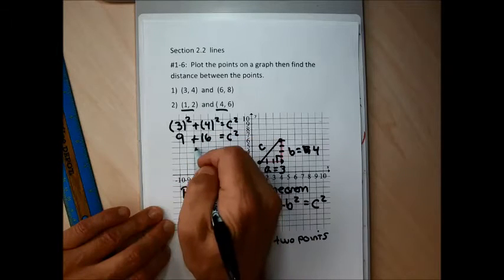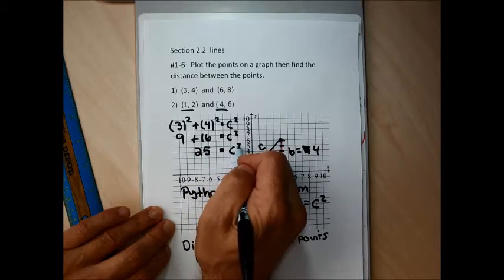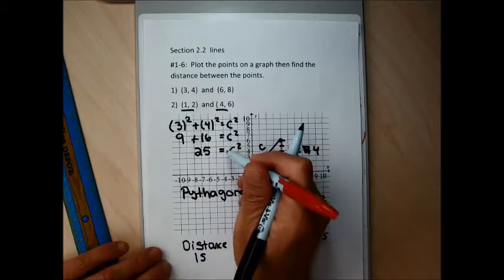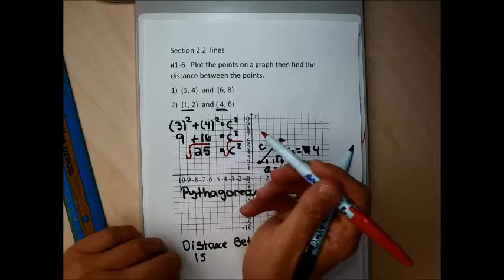So the left-hand side reduces to 25. The right-hand side is c squared. Usually when I have a squared in a problem and I'm solving, I either set it equal to 0 and solve by factoring, or I solve by square rooting, plus or minus square rooting. I'm going to solve this by square rooting. And this is one of the few times when I solve by square rooting that I'm not going to plus